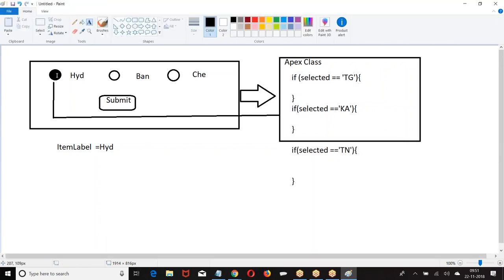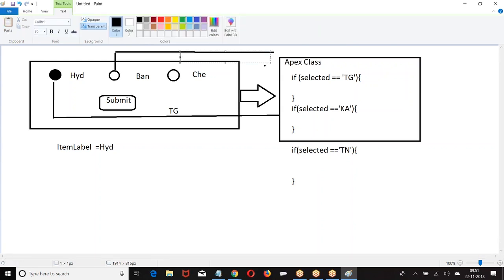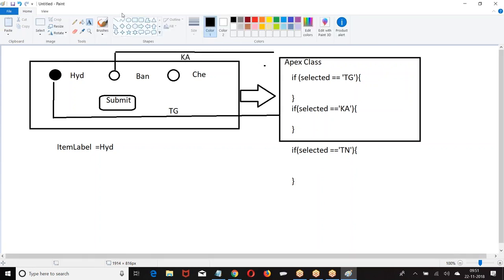Now if I select this option and click on the button, what is the value I want to send? If I select this option, what is the value I want to send? I want to send TN.